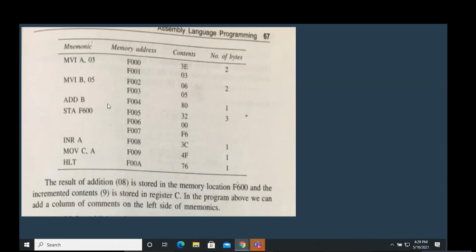I'm using the very simple instruction MVI, wherein I can load the accumulator with a value which is in the instruction itself. I'm not asking the microprocessor to go to some location where the value is, get that value and put it here. No, I'm saying that in the instruction itself, this value is there. Now, as you can see, it takes 2 bytes. As you can see in the last column, it says 2. So there are 2 memory addresses.